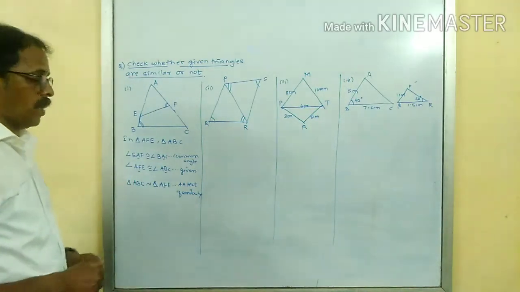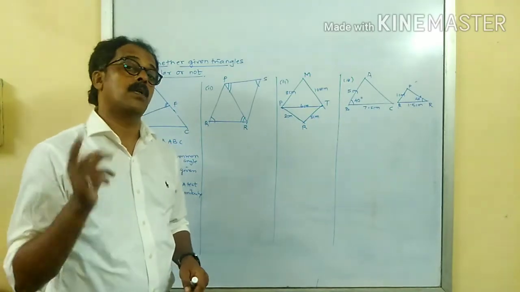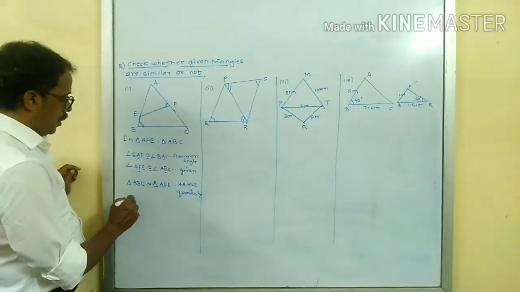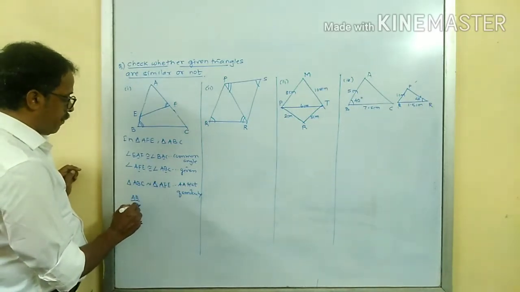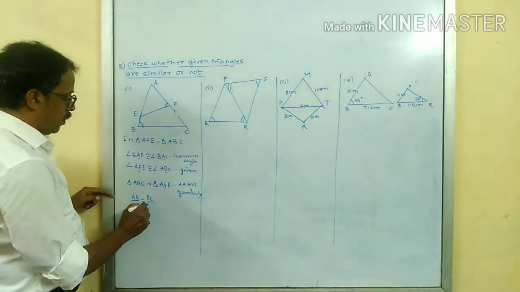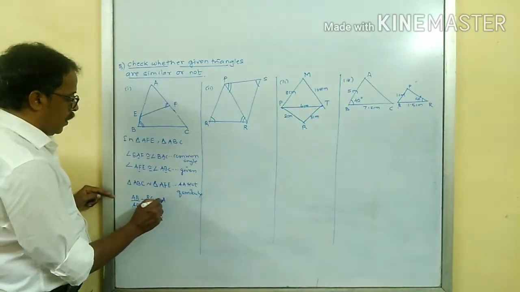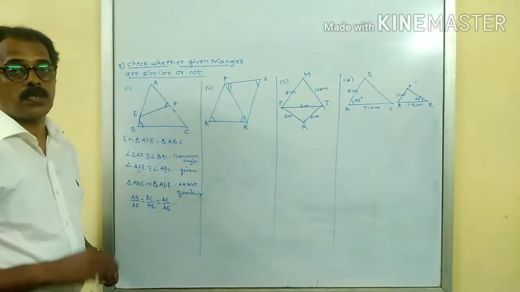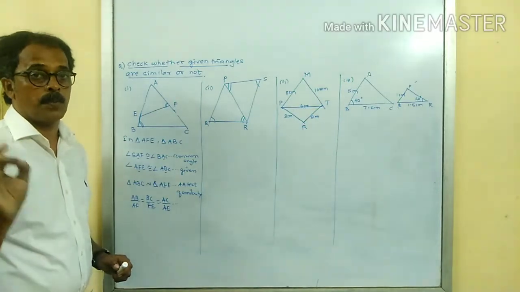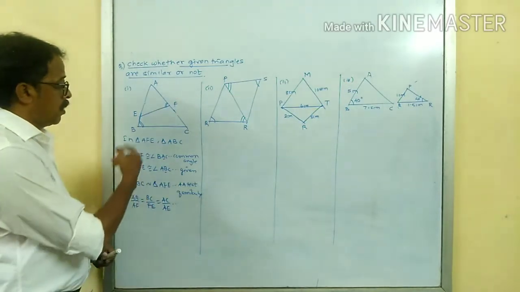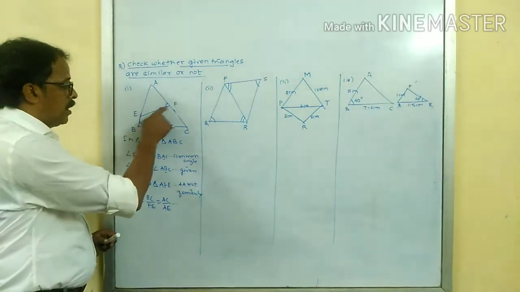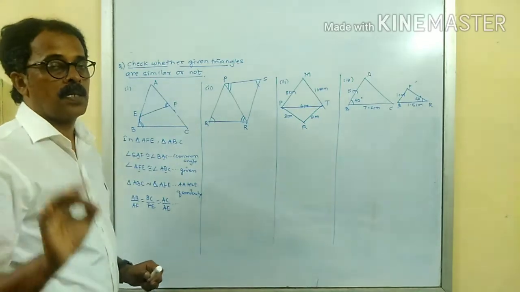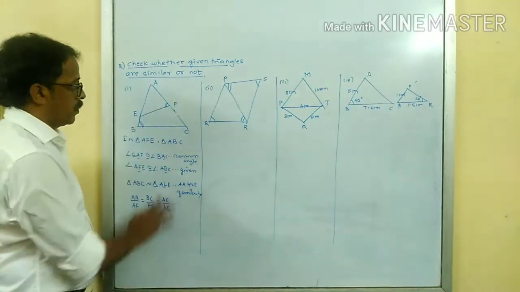So here comes the question. Suppose they ask you to write down the corresponding sides which are in proportion for a similar triangle. Which are the corresponding sides? I write AB upon AF is equal to BC upon FE is equal to AC upon AE. The reason is: corresponding sides of similar triangles are in proportion. I can also write the remaining pair of angles: angle AEF is congruent to angle ACB, reason: corresponding angles of similar triangles, right? So that is about the first question.